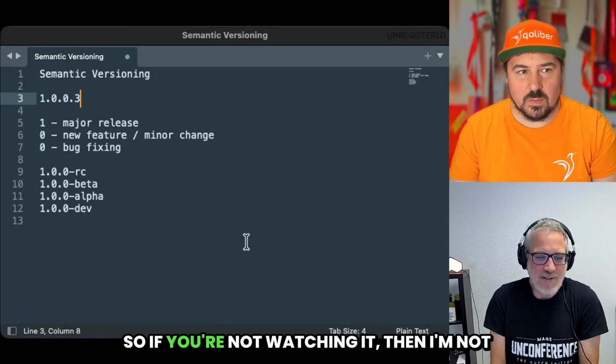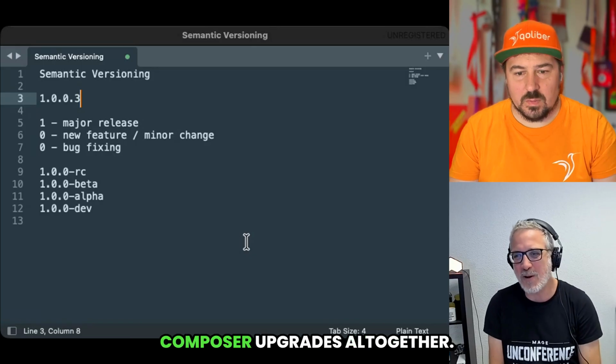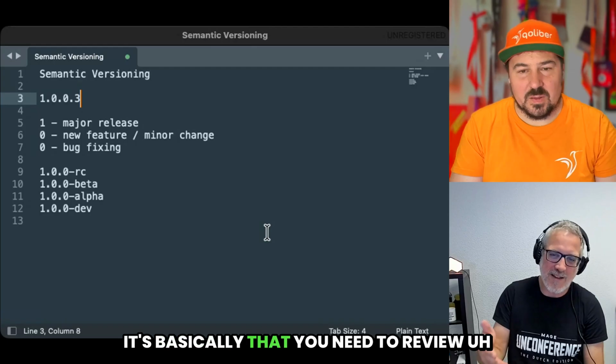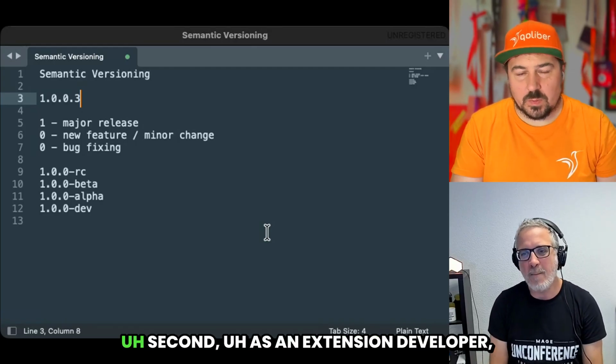So if you're not watching it, then I'm not sure what you're doing actually with composer upgrade altogether. It's not just a command. It's basically that you need to review what kind of versions are there. Second,